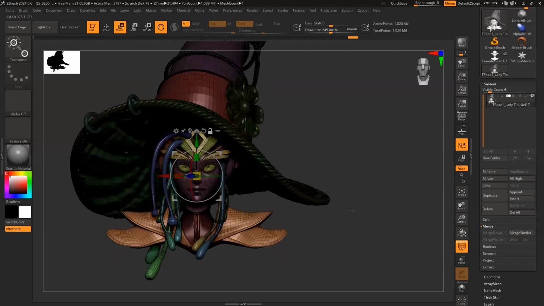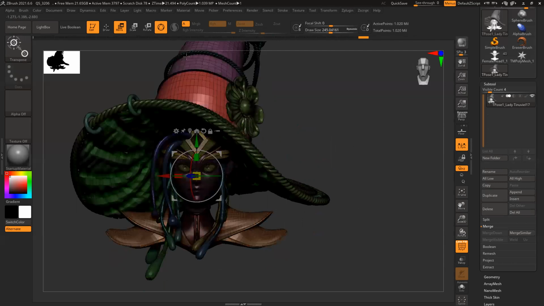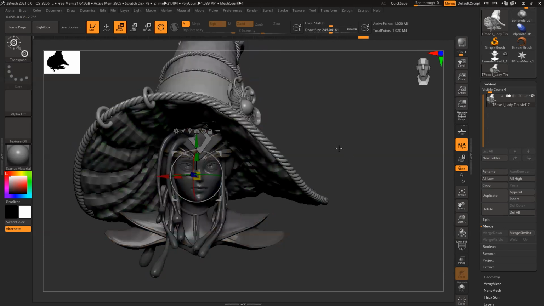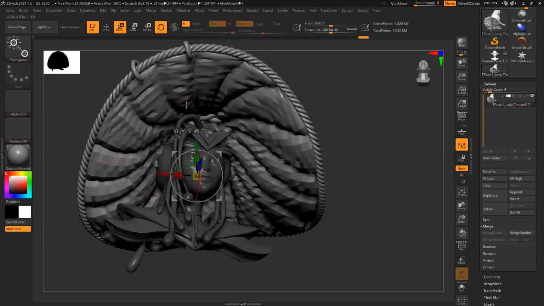This hat I want to convert into one polygroup so that I can select it in one click. So the hat I have rotated, and you can see half of the things came out of the hat.